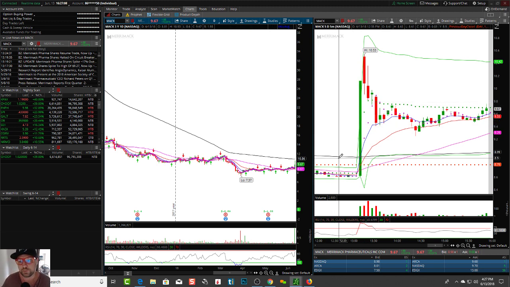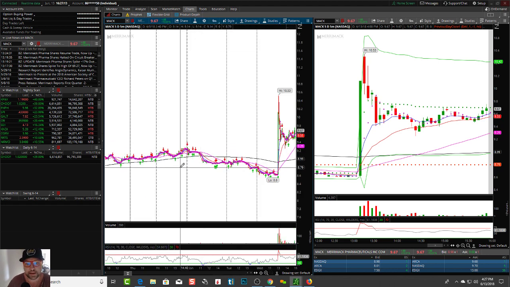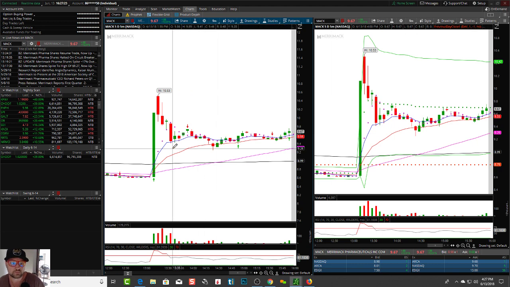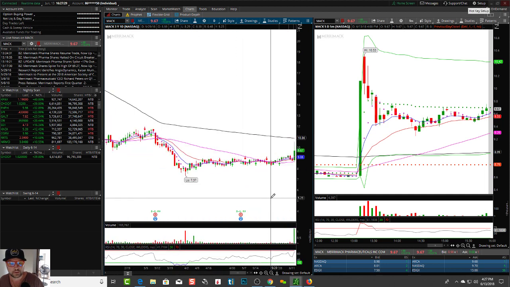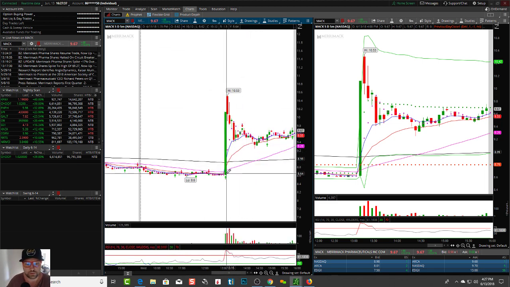That's why we try to teach you guys by slowing it down, looking at the patterns on a 5-minute, seeing what's happening, and then getting your entry on a 1 minute. But if you just blindly chase these and you don't know what you're doing, you're putting yourself at risk. So ideally, you want to find a good daily setup, looking for a breakout on a daily and then zooming in and finding a 5-minute setup. If you missed this 5-minute candle, you were kind of screwed. You weren't going to get anything. This is really kind of a garbage chart.